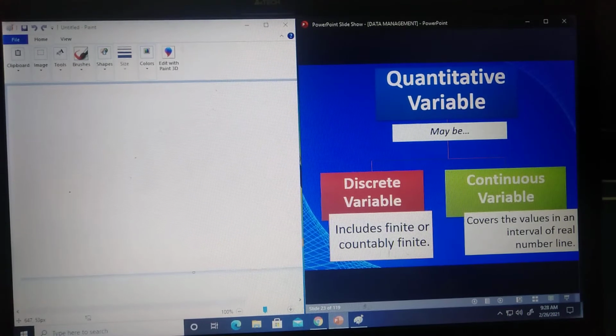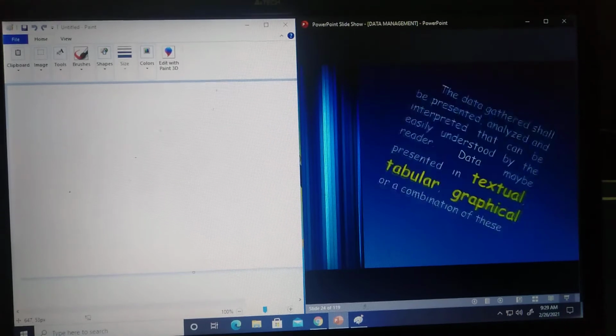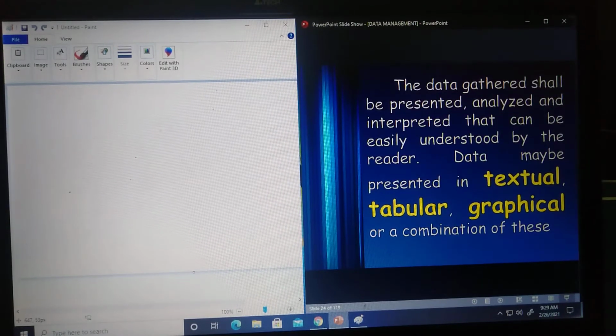How about the continuous variable naman? It covers the values in the interval of the number line, meaning infinite. Okay, infinite, walang hanggan ang continuous variable. Okay, yung mga data na ginagamit natin, pwede natin siyang i-present. Para kung i-present ang mga data na nagagather natin, we can present them, analyze them using the